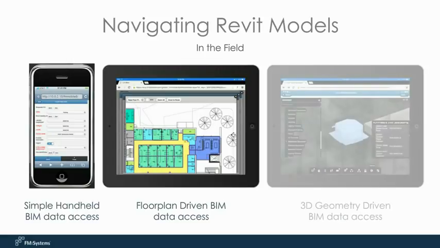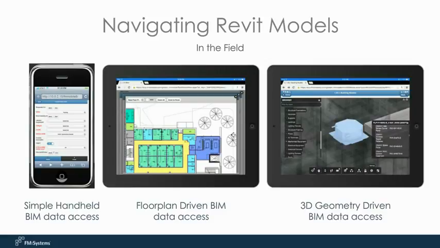And then we've also got the ability for those of you who are maybe a little bit more sophisticated or want to take advantage of that 3D geometry. We see this being incredibly successful for people who are working in complex physical plants where they need to bring up MEP, HVAC equipment information, maybe electrical equipment information, and drill down right there in a device like an iPad or an Android mobile device, selecting these items right there on that device and bringing it up. Once again, you're looking at 3 completely different views of what BIM data can look like